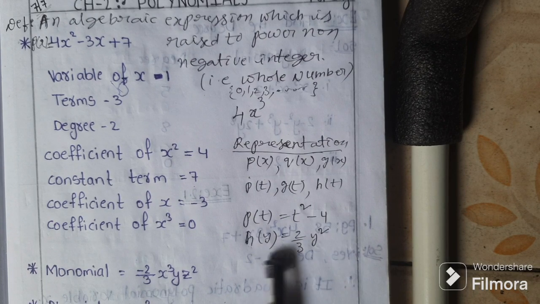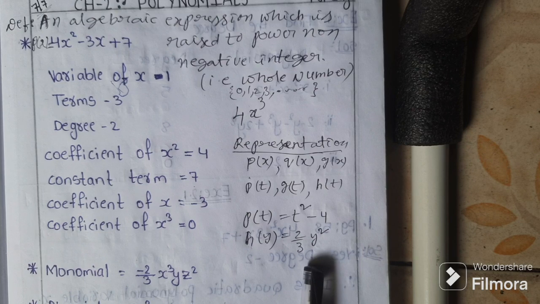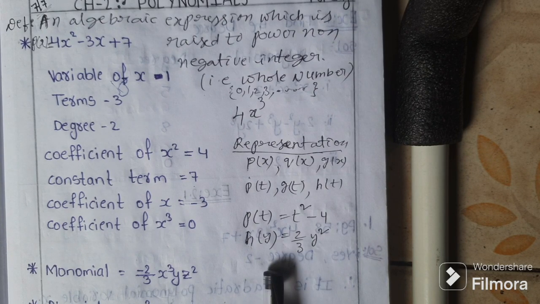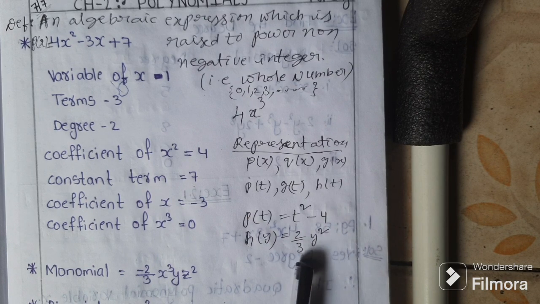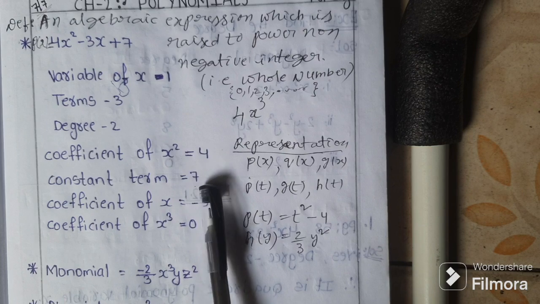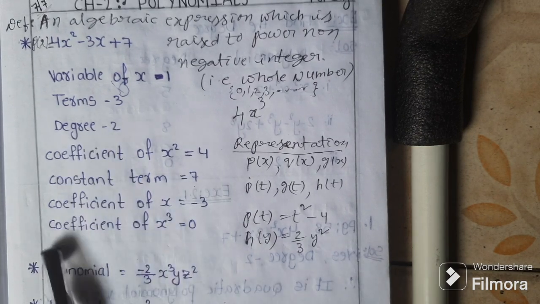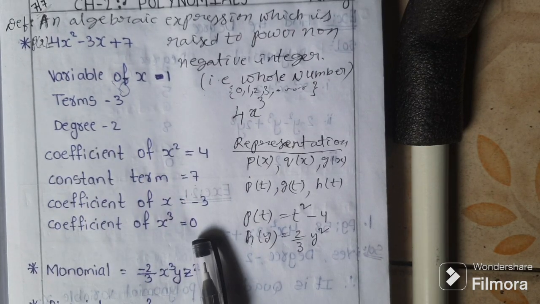Like this, the representation is also taught in 10th standard again. So just for introduction I gave it. Actually in 9th level there are no sums of this kind, but I am introducing it earlier. Coefficient of x square and like this, all of that we have in the class.